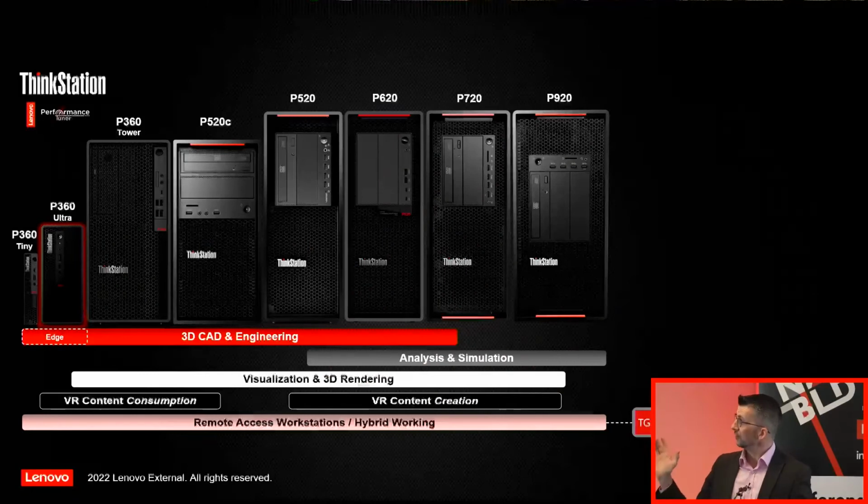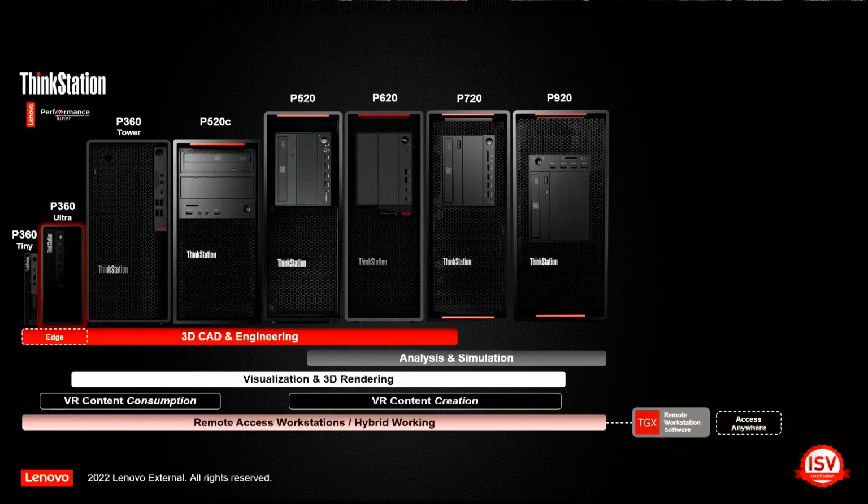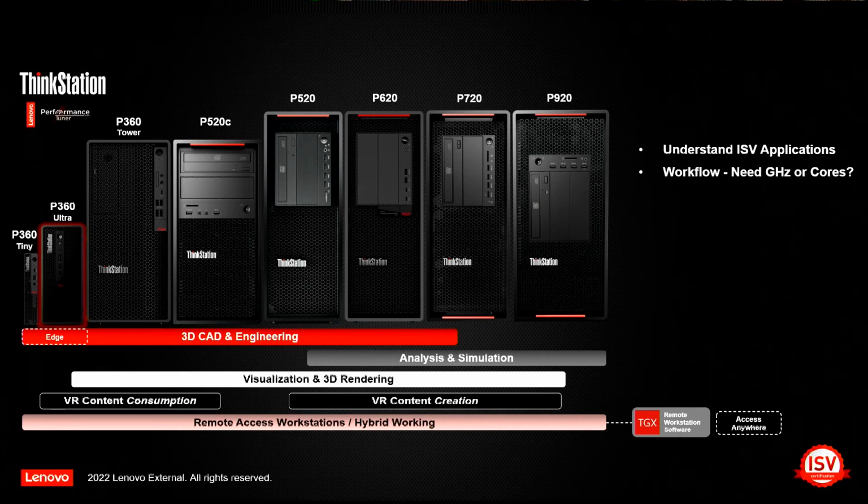So this is the portfolio we have on desktop. This is a very similar set of use cases that we see across the industry. And I'd ask some questions. The first one, working with your IT teams, is to understand the ISV applications that you run. And it's not just the names and the titles and the minimum spec, but understand how you work with it. So